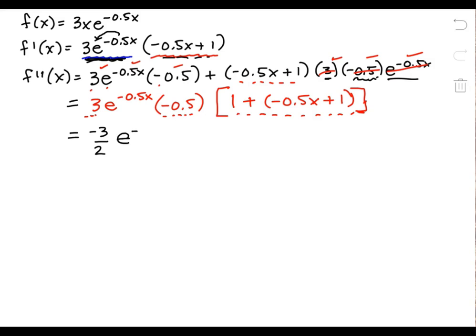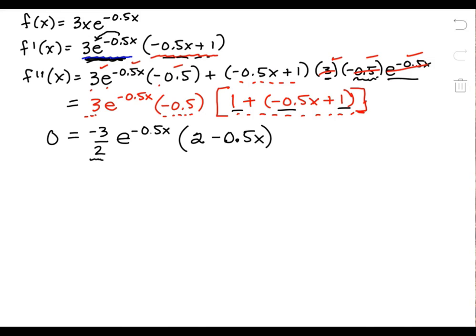And then my e. And then inside those brackets, the 1 plus 1 gives me 2, and I still have the minus 0.5x. Okay, so there's my second derivative that I now want to set equal to 0. So now remember, we want to set each factor that contains x equal to 0 if it makes sense to do so. So I am not going to set negative 3 halves equal to 0